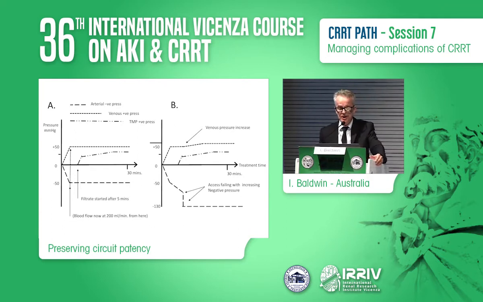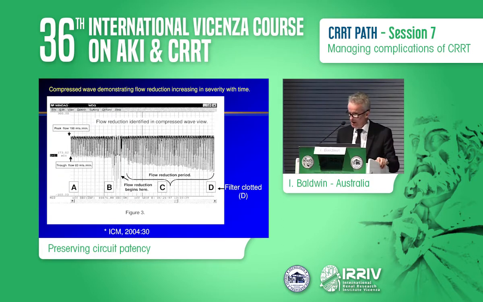But figure B shows where the access has failed, and there's a lot of negative pressure in the circuit, and this is this flow reduction, which can be related to the machine alarming negative pressure, and that's true. But this is something that was published many years ago now. It just highlights a flow measurement across the circuit, a Doppler flow, and you can see there is a systolic and a diastolic component to it,